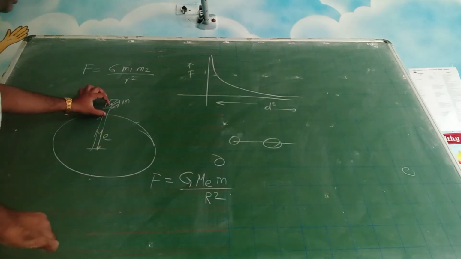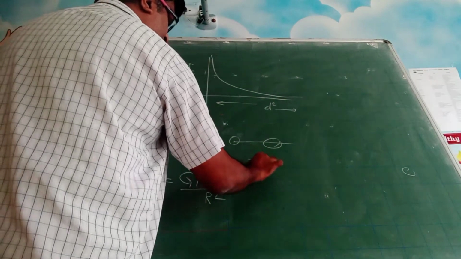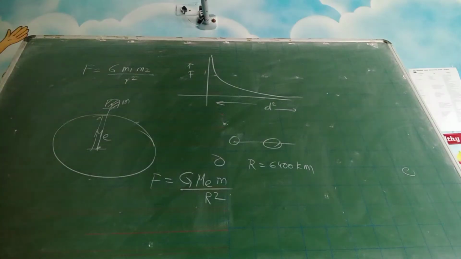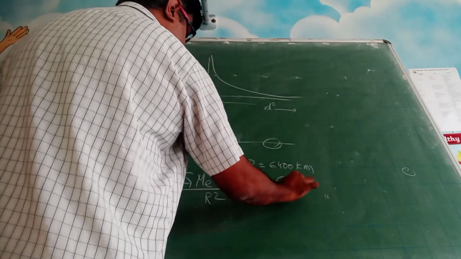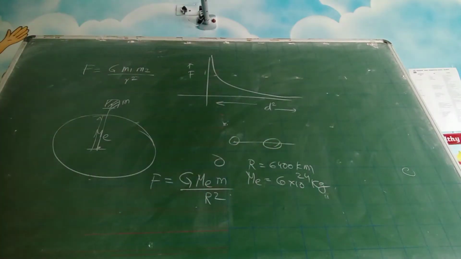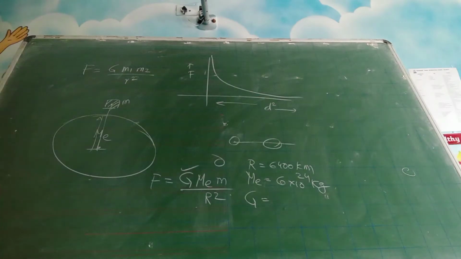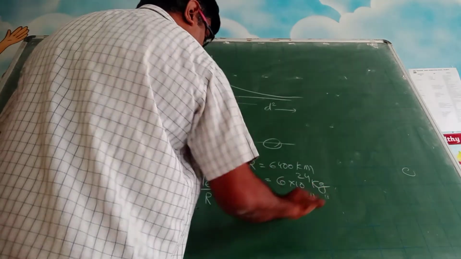We are assuming that this person is standing on the ground or is not at a very considerable height from the ground. You know what is the radius of earth? Earth radius is 6400 kilometers approximately. It is 6371, I think, so 6400 kilometers approximately, and the mass of earth is approximately 6 into 10 to the power 24 kg. So G is a constant. What is the value of G? The value of G is 6.67 into 10 to the power of minus 11